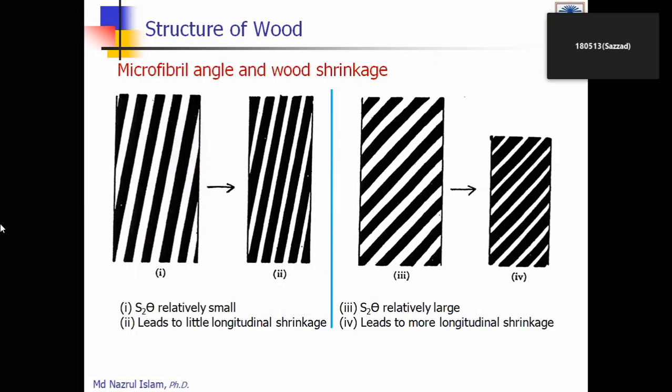I didn't understand why the different layers have different angles. That is the structure. We didn't make it. Nature makes that. So ask the creator why he made it. We are trying to explain nature. We are not creating any angle. What we have got, we are trying to explain. But why it has different layers, different angles, different directions of the microfibril, why it happens, we don't know. How can we say why that happens?